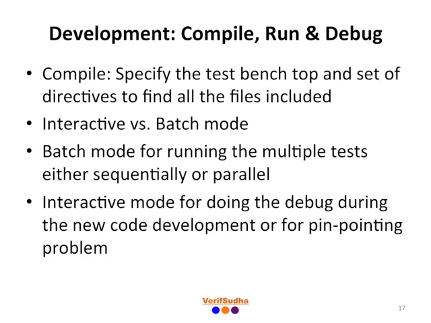Second mode of simulation is batch mode. For doing batch mode simulation, code is compiled into a standalone executable. The executable is useful for running the batch mode simulation. Batch mode simulation is useful for running multiple tests in parallel in the form of regression. This completes the major activities of the development phase. Next, let's look into regression phase.